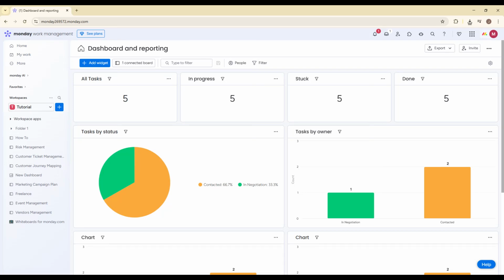In today's video, I'm going to show you exactly how to connect boards in Monday.com step by step. If you're managing multiple projects, teams, or workflows, connecting boards is one of the most powerful features you can use to keep everything aligned and automatically synced. By the end of this tutorial, you'll know how to link two boards together, mirror data, and create a more